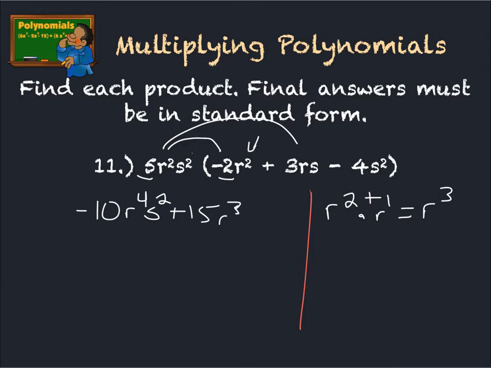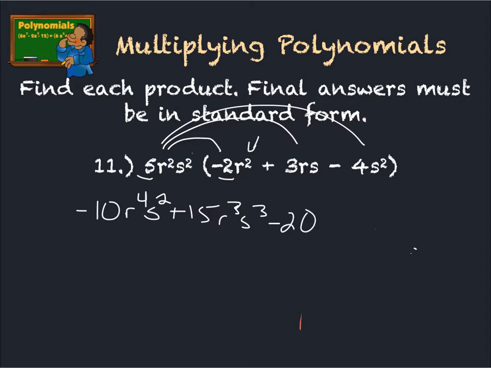R to the third power. And then s squared times s, again, you would add the exponents, so that would be the same thing as saying s to the third power. All right? And then we continue using the distributive property, and we multiply those last monomials. And if we do that, we multiply the coefficients first, so it's 5 times negative 4, which is